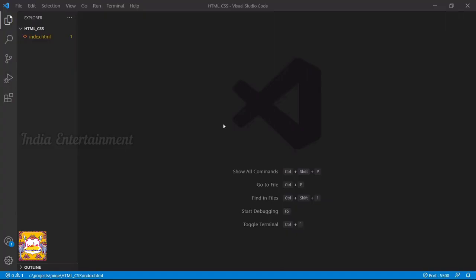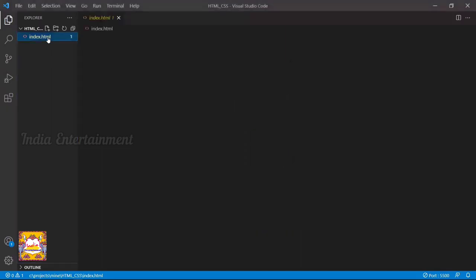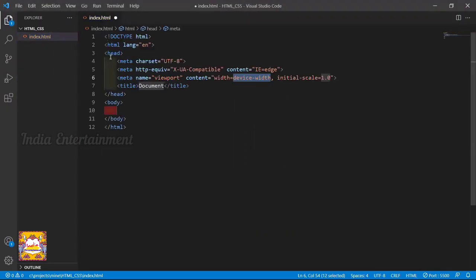So in this video, we'll learn how to change nav tabs in desktop to a select drop down for a mobile responsive. So let's get started. For this, I'm using VS Code as my code editor and opening a new HTML. Put some dummy HTML template. For this, I'm using Bootstrap.